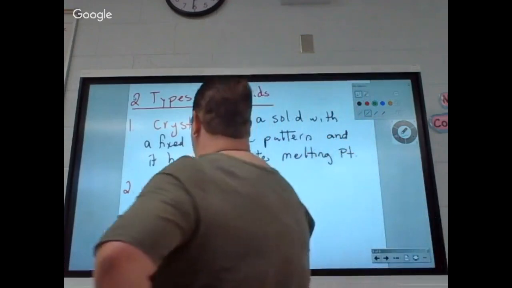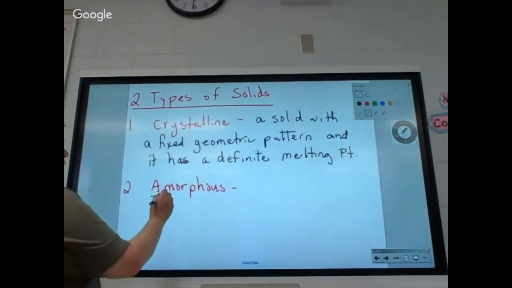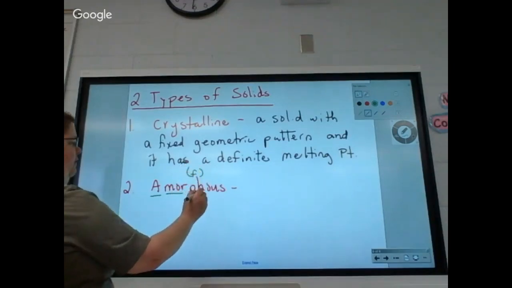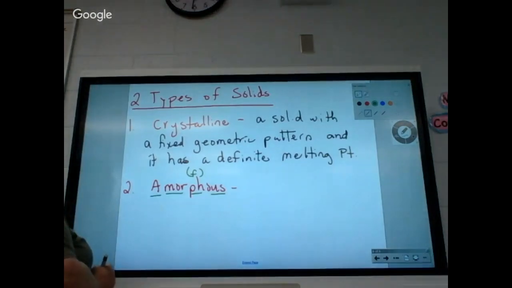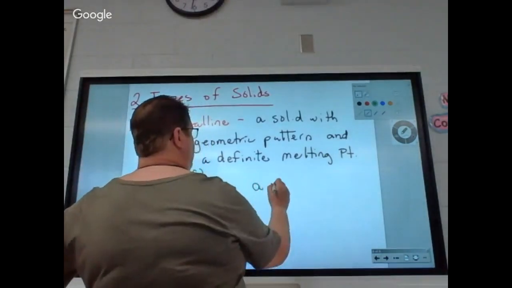An amorphous solid, and this is pronounced "amorphous," the PH is an F sound. Okay, amorphous. Don't tell me "is that a word." I'll sound like a bunch of illiterate fools. I want you to be able to pronounce it. Amorphous. All right? This one is a solid